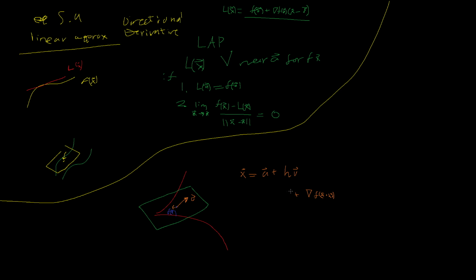This is just f of u, f of a, and then this is also f of a. So I should erase that. I'm wasting time. But